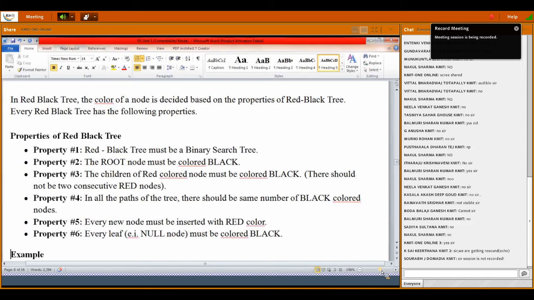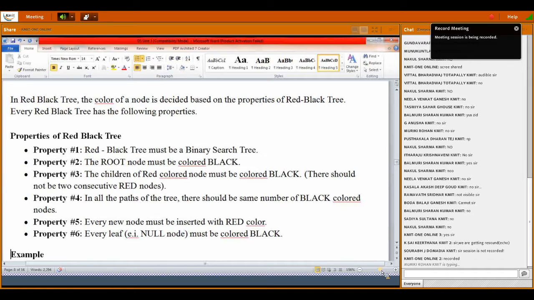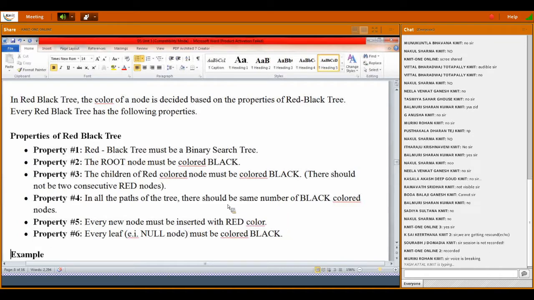And the children of a red node must be colored black. There should not be 2 consecutive red nodes. So this is another property.